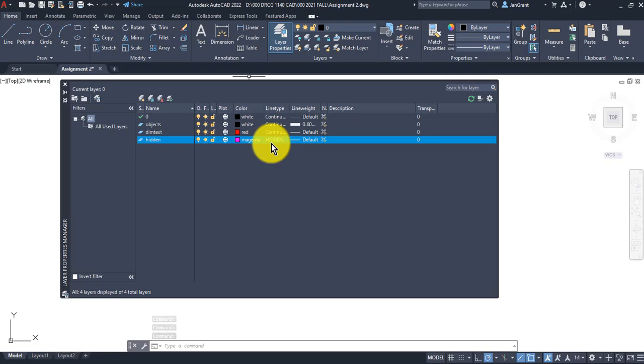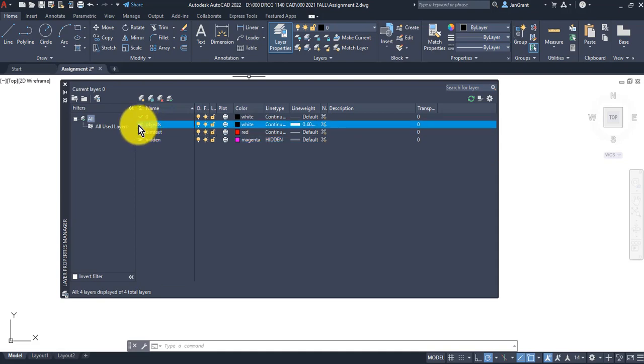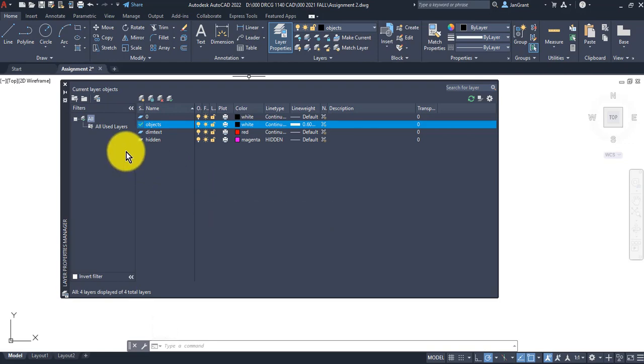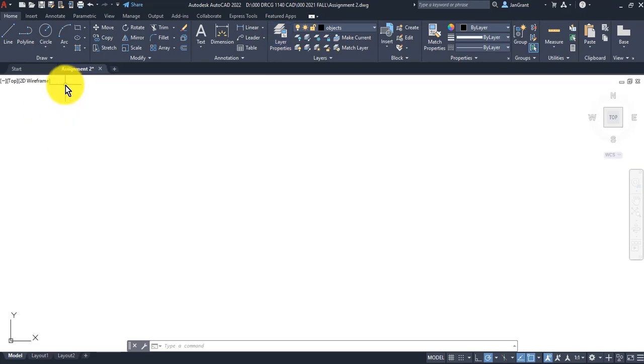So we're going to start by drawing the objects. So we'll double click on the little sheet of paper to the left of the word objects to put that little green check mark there. And I believe we're all set to start drawing. If you look at the detail, and I'll go ahead and close out of this layer properties manager. If you look at the detail,